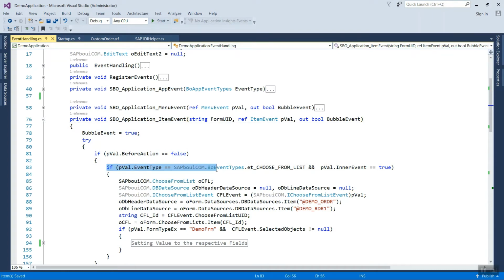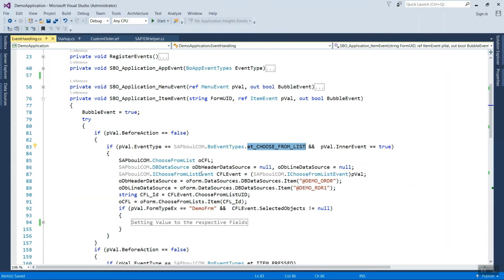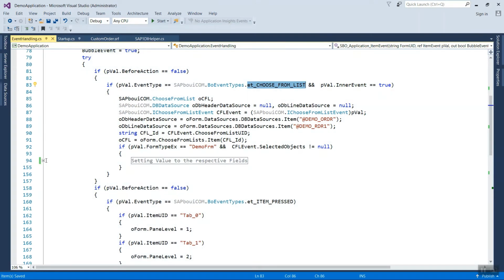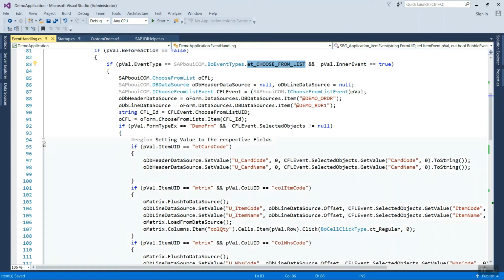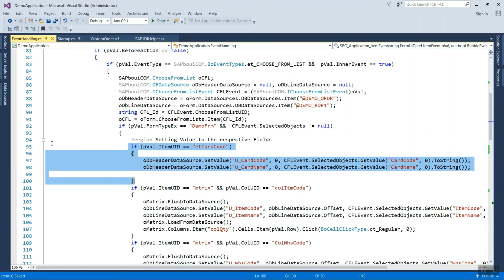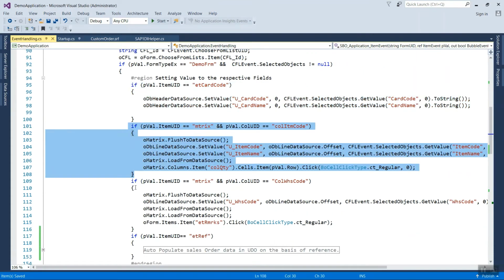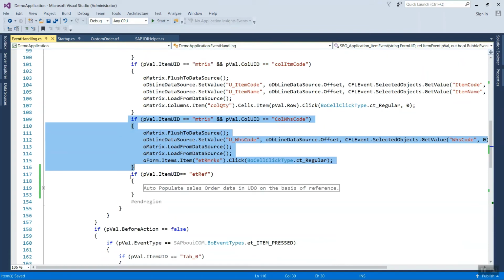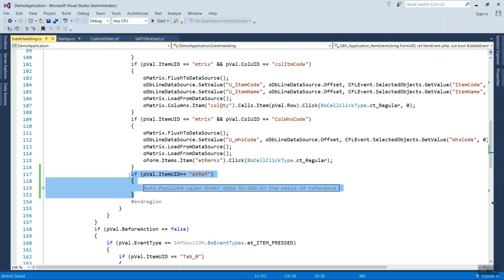Under item event, I am coming under before action equals false. It means it is going to be an after event. So here you can see the event type is choose from list and it is after. Inside this, here is the different choose from list object which we have done earlier. For this video we are going to do the changes inside this if condition, because our field unique ID is etref.